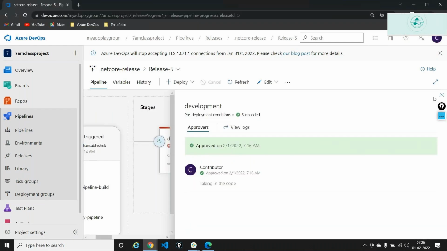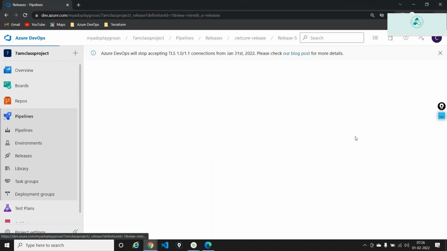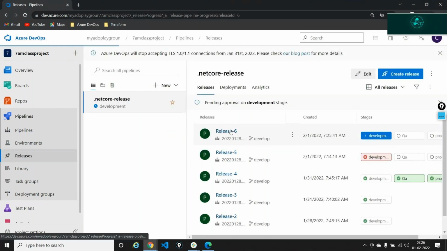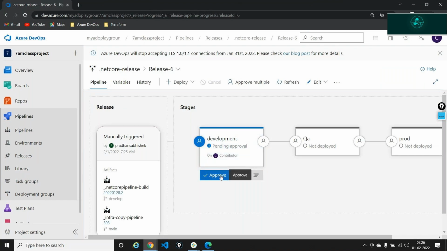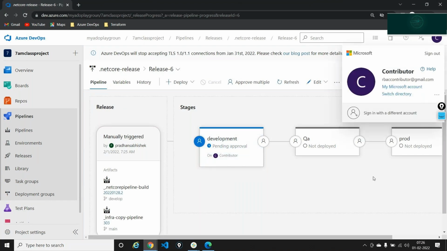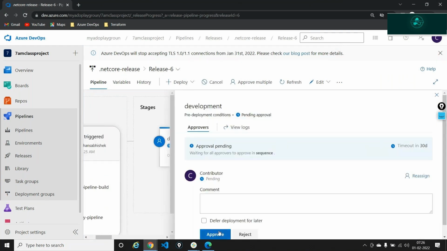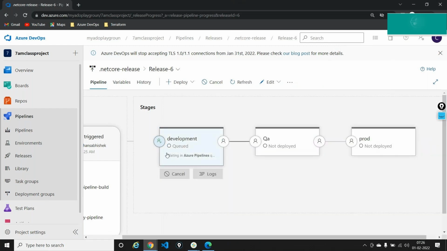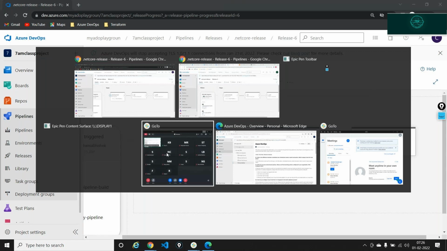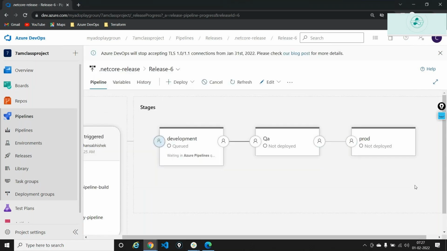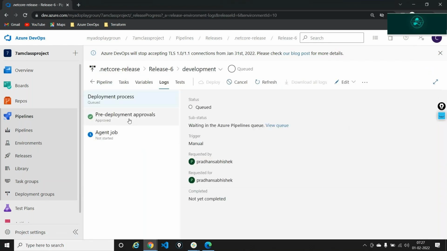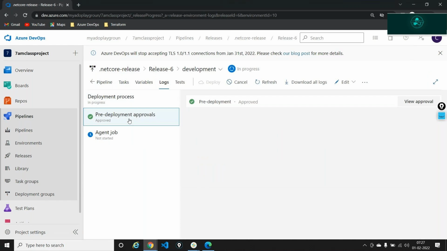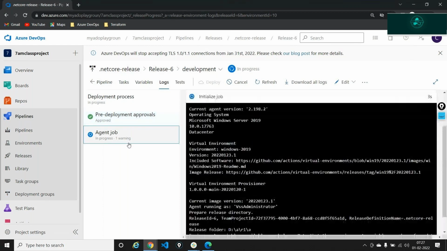So if I come here as a development lead, I have the release 6 basically. I have the approve button. I've logged in with this particular ID and I'm saying approve. Once approved, your code will now start getting deployed onto a stage called development. And if you look at the stage, the first thing it did is that it asked you for the approvals, and once you got the approvals, it's going ahead and doing its own thing,